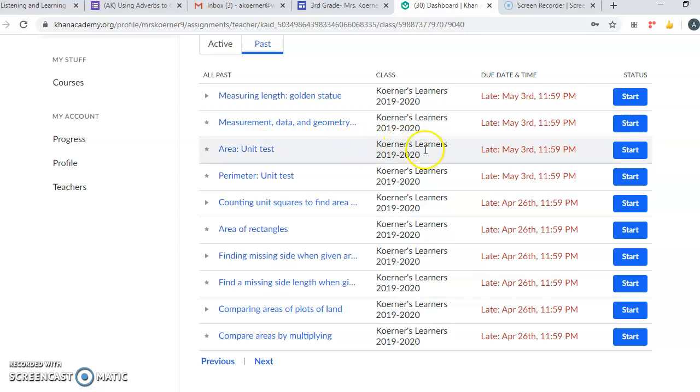And right here you will see area test. It was due May 3rd. Sunday, May 3rd was when it was technically due. So he needs to go back and do that so I can see what he has learned and what he knows for area. If he needs to redo some of the past assignments that teach him about area, please have him do that